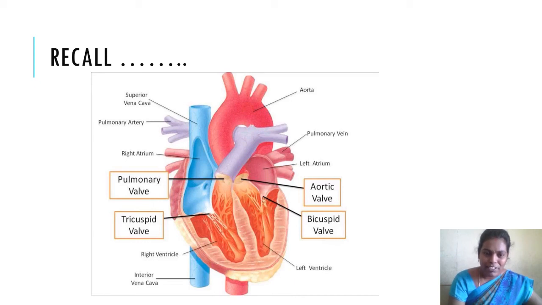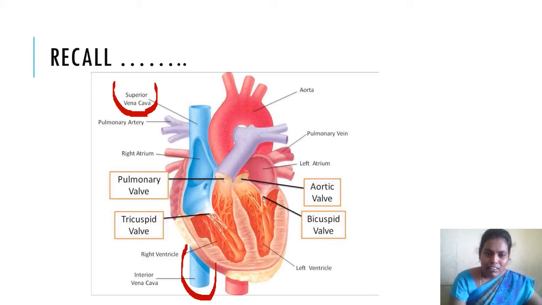The right auricle connects with the superior vena cava. Look at this. The superior vena cava is one big blood vessel which receives impure blood, that means deoxygenated blood, from the upper parts of the body. In the same way, see the bluish colored blood vessel down here. This is called the inferior vena cava. This is the blood vessel which receives impure blood from the lower parts of the body.